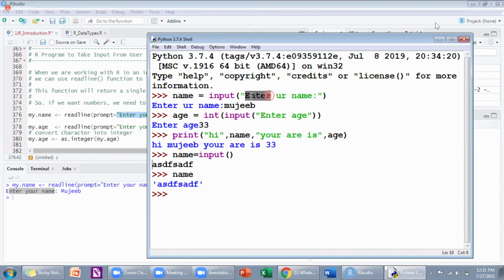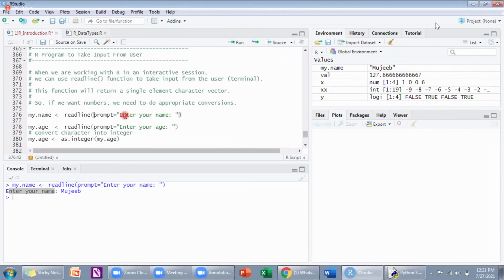So this is known as prompt. Prompt means enter your name. In R we tell it with prompt. See, I will delete this and run again. Even if you give it without prompt, it will work, no doubt. But it is a habit to know.